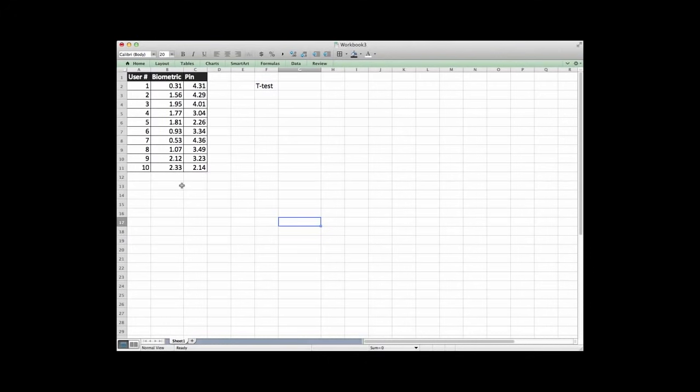Now the first thing that we want to do is just see what the average time was for each. So we can use the average function from Excel, select the data from the column, and here we see for the biometric the average time is 1.44 seconds. We can just copy that formula cell, and we can then see that the average PIN login time was 3.45